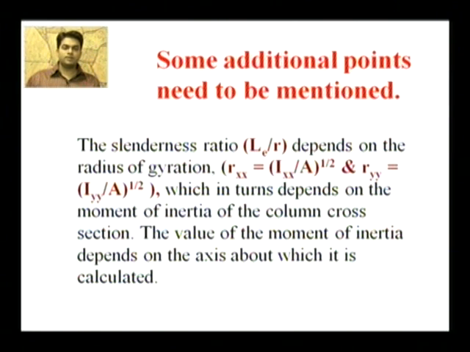Some additional points to be mentioned: the slenderness ratio, effective length by the radius of gyration, depends on the radius of gyration. Rxx is equal to Ixx by A whole under the root, and Ryy is equal to moment of inertia along the YY axis divided by the area of cross section, under the root, which in turn depends